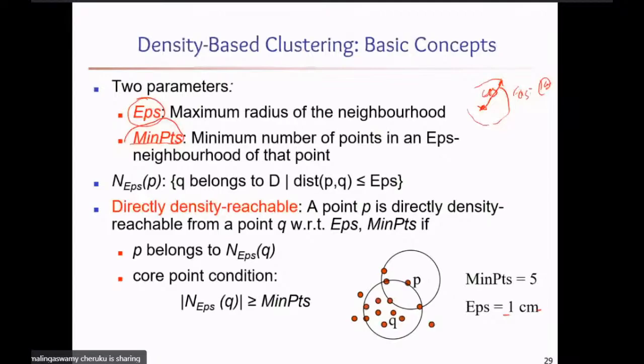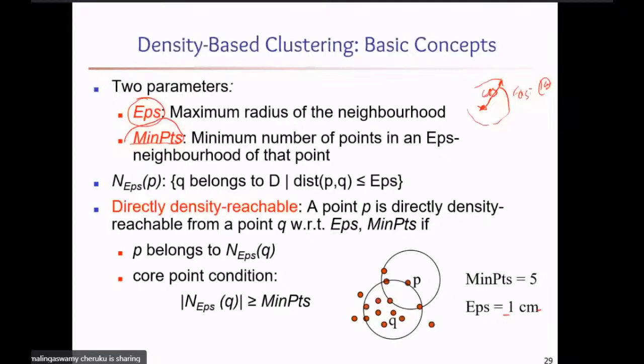If they are directly density reachable, DDR, it means a point P is directly density reachable from a point Q with respect to epsilon and the minimum number of points, if P belongs to the epsilon neighborhood of Q, meaning when I draw a circle,